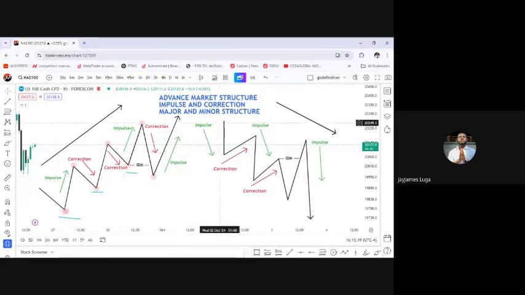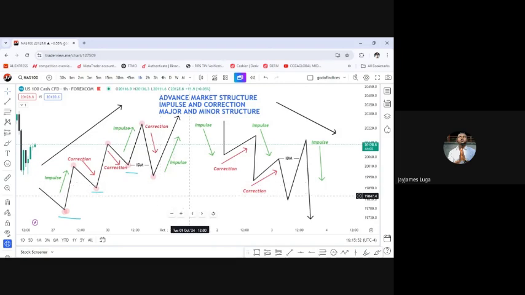So in explaining advanced market structure, I said that the move in the direction of the trend, for an uptrend, bullish movement, is called the impulse, while the counter trend move that goes down to form the higher low is called the correction, right? Then the move again that takes out the previous high to create a higher high is called the impulse. So we have a series of impulse, correction,